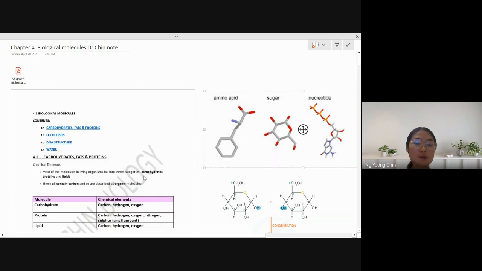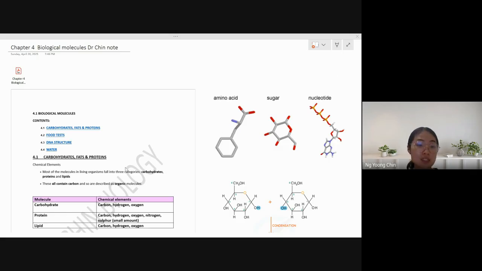Yeah. So what is meant by biological molecule? Biological molecule is known as the molecule which can be found in our body. So we call it biological, as we are biological organisms, right? So you are generally learning about 3 kinds of molecule, which are proteins, fats, and carbohydrates. And then you will realize that the food that you eat every day, including your rice, meats, fish, egg, are all comprised of these carbohydrates, fats, and proteins. So we are generally made from the food that we eat every day.